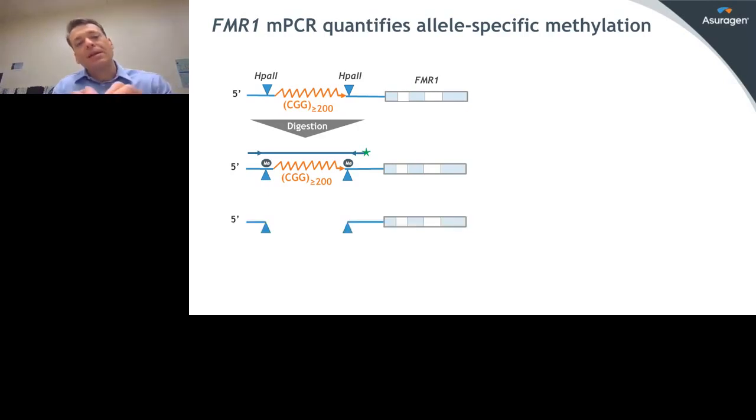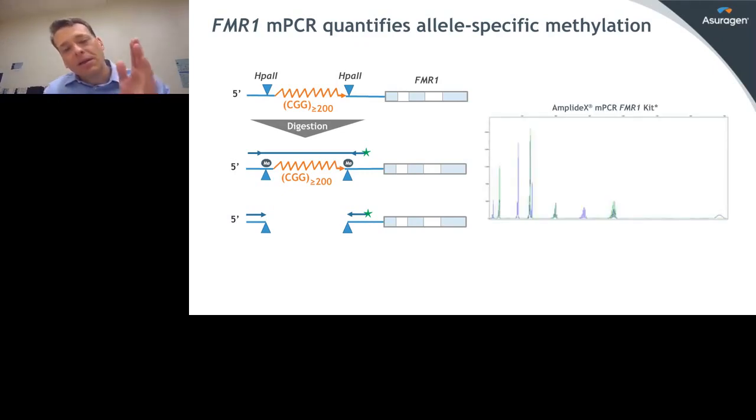and we split that original sample into 2 aliquots. We carry out a controlled digestion, and we carry out a digestion with HpaII, which again will be sensitive to the methylation state. If the sample is methylated, then HpaII sites are protected, and as a result, you'll be able to make a full-length amplicon. However, if either of those 2 HpaII sites are unmethylated, then the restriction endonuclease will cut, and it will break the template in a way that will prevent a product from being formed.